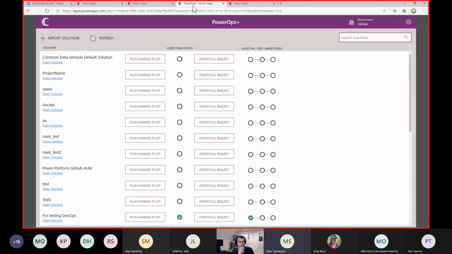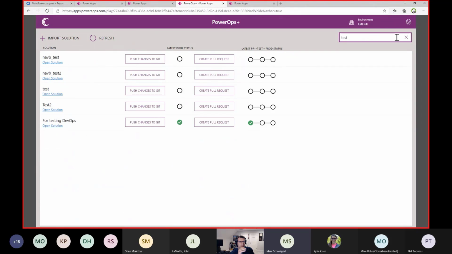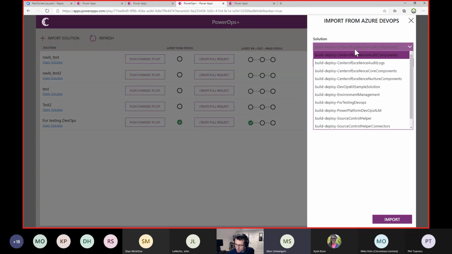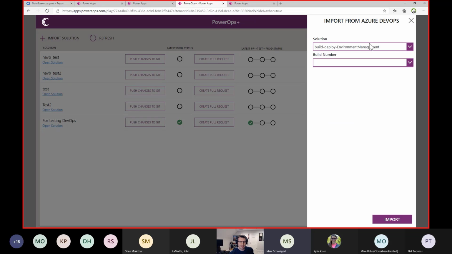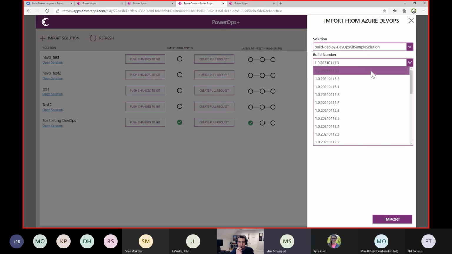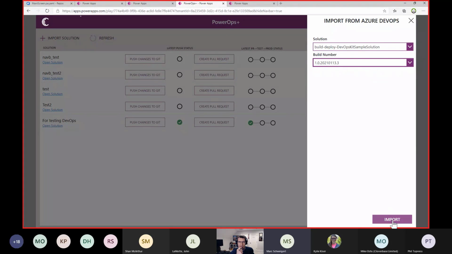And then the Canvas app is our daily dev loop driver. So let's say, for example, I want to come in and work on something for the day. Or actually, let's start from the beginning. Let's say I'm a brand new developer. I just got a clean development environment, right? And I want to start some work. I can use this tool to go find the latest build, the latest from source control, grab the version. In this case, it's a bad example, but let's go with this one. I can grab the latest version, or I know that I'm working off a specific build that I want to do some work off in my branch, and I can click import, and that'll import it